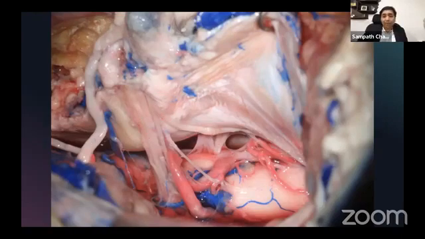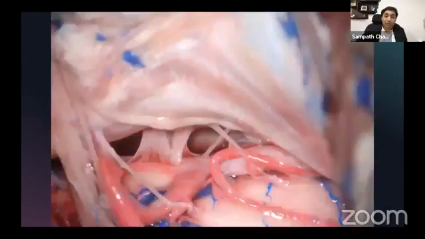This is the PICA, loop of the PICA. So this must be the vertebral artery. And so this is the lower part of the cerebellopontine angle exposed. Again, you see the two rootlets of the 12th cranial nerve, the origin of the PICA from the vertebral artery, can all be seen, and again the prepontine cistern. The jugular tubercle is here.